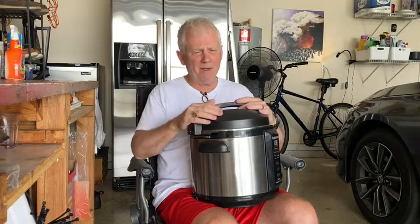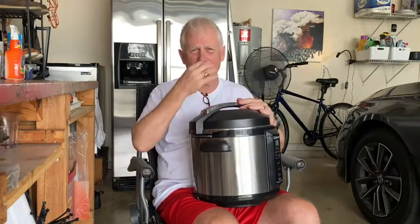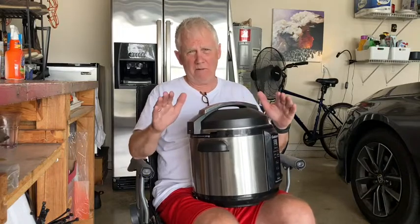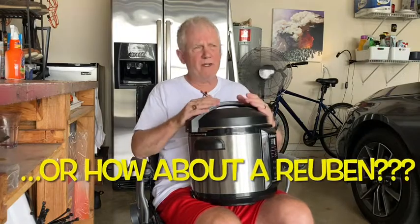Now you can eat it naked, and it's just beautiful. You can slice it, a little mustard, and just nibble. It's total keto, so you can eat like a pound of it. But that's phase one. Phase two, we're gonna make